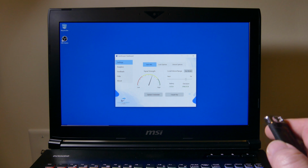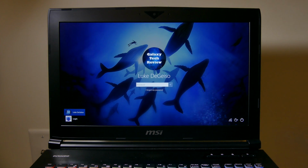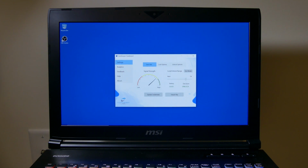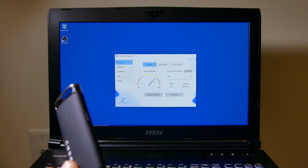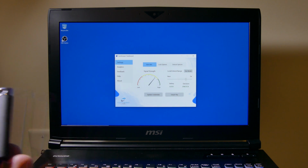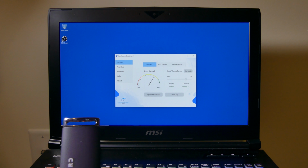Now to unlock it, I have it on touch. So when I lock it and I touch the USB dongle with the Halberd, it unlocks the computer, which actually works really well. And you could leave it on that as well, and that seems to work fine. You don't have to really change that as far as the unlocking goes. Overall, both ways worked really, really well for me, and this is definitely an upgrade to what they released before